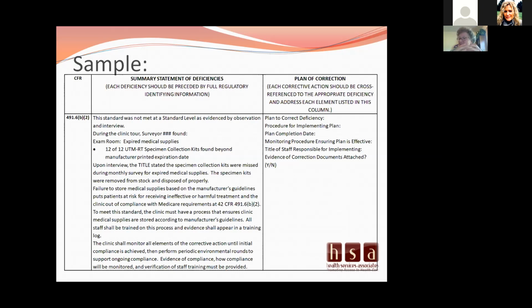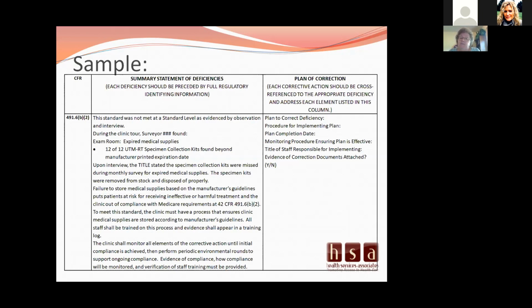Am I going to assign a specific job person by title as overseer and mandate doing a monthly log, where they do checklists and report back to you? And then what is your procedure for implementing the plan? How am I going to implement? This is my plan. Now, how am I going to implement it? What are my steps to make this happen?